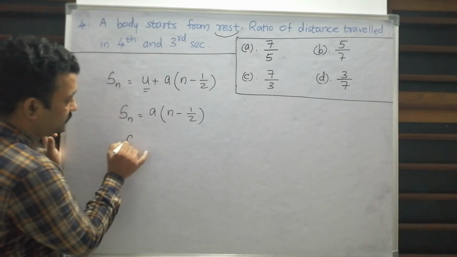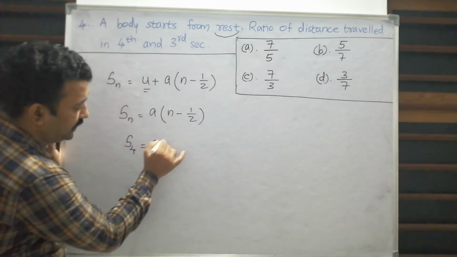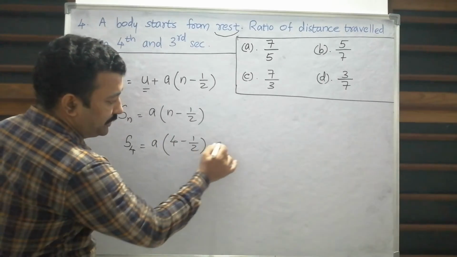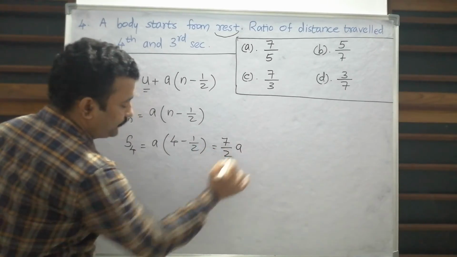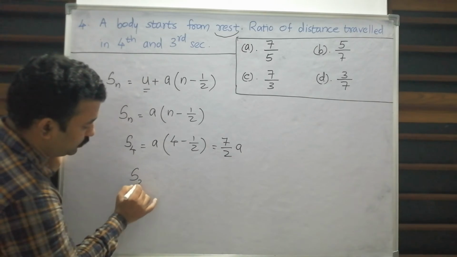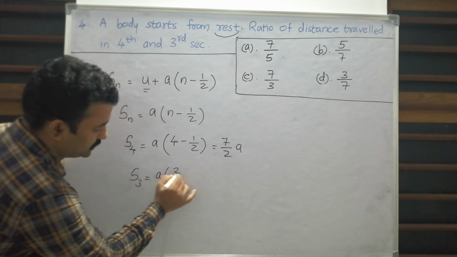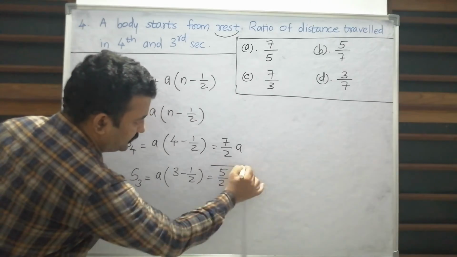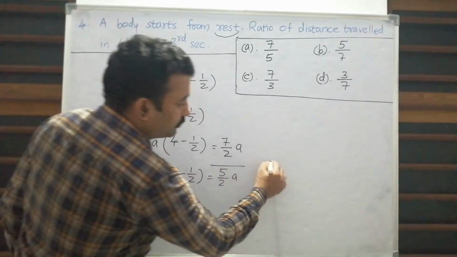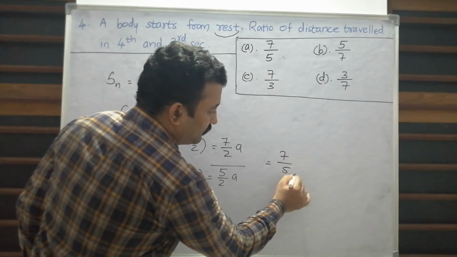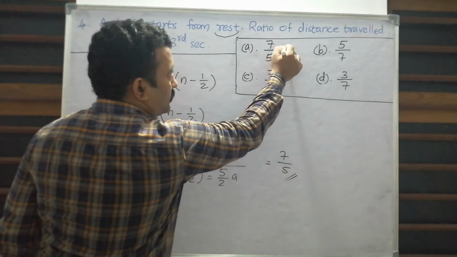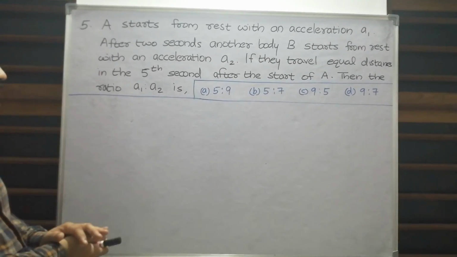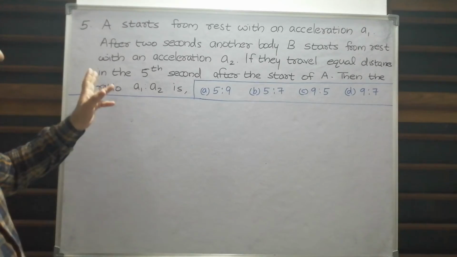So distance in the fourth second is a into 4 minus 1 by 2, which is 8 minus 1, 7 by 2a. And the third second, that will be S3, a into 3 minus 1 by 2, which is equal to 5 by 2a. Take the ratio, this will become 7 by 5, which is the option. Option is A. Here we are into the last question of the session, and in which it is given like